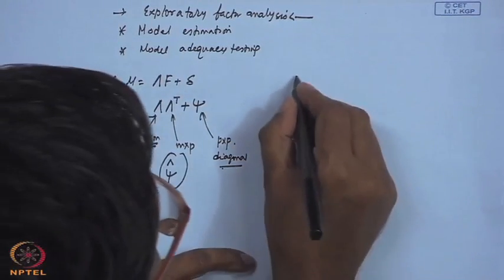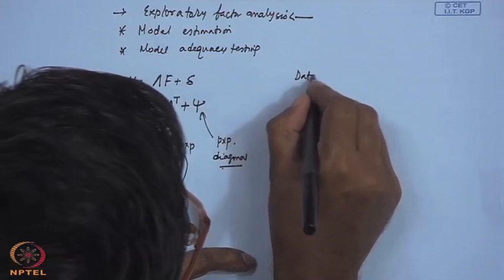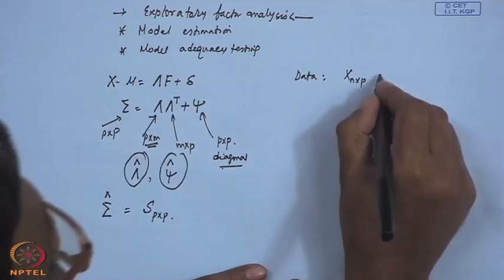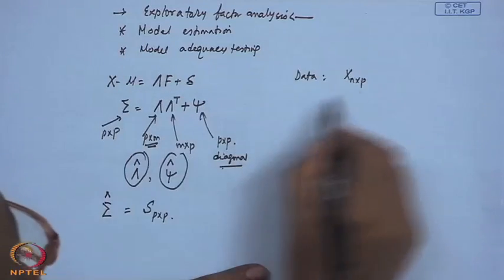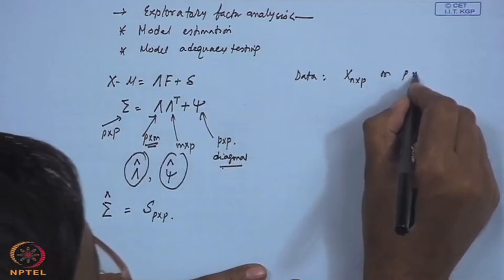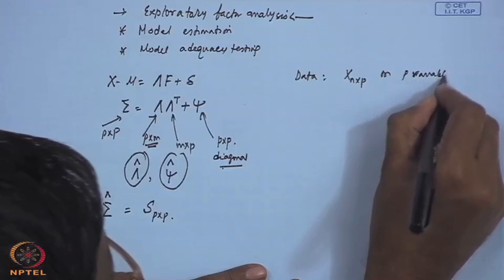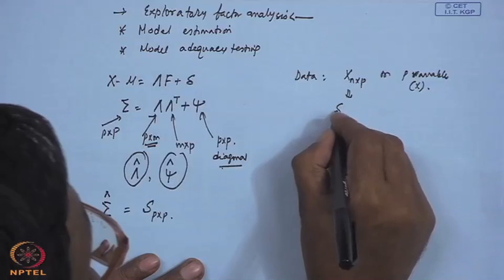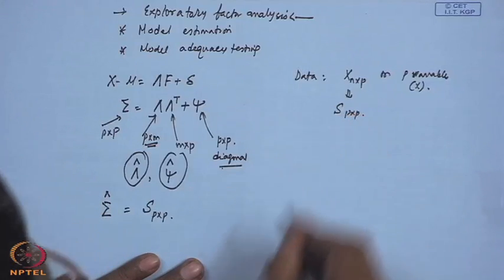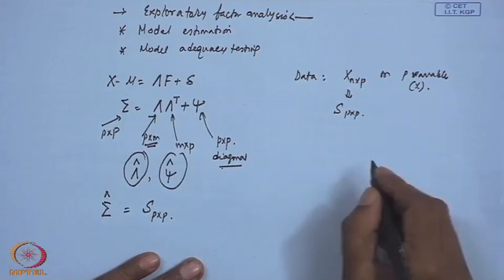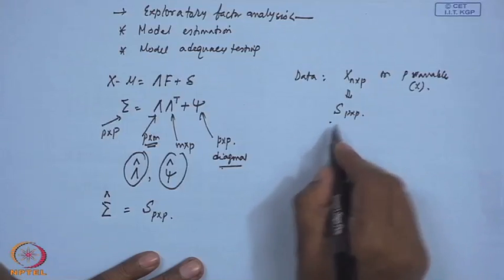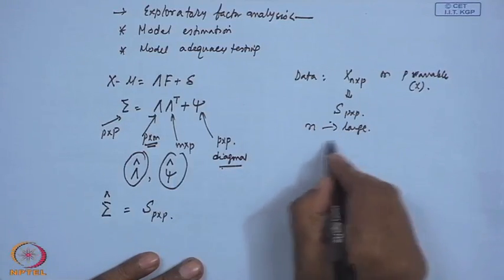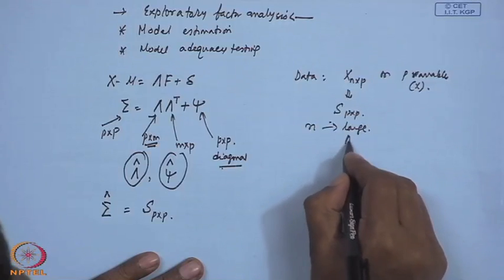So essentially, suppose you have collected data, an N cross P matrix on P variables, and you have computed S also, P cross P. Now, if we think that the sample size is large and sampling strategy is appropriate,